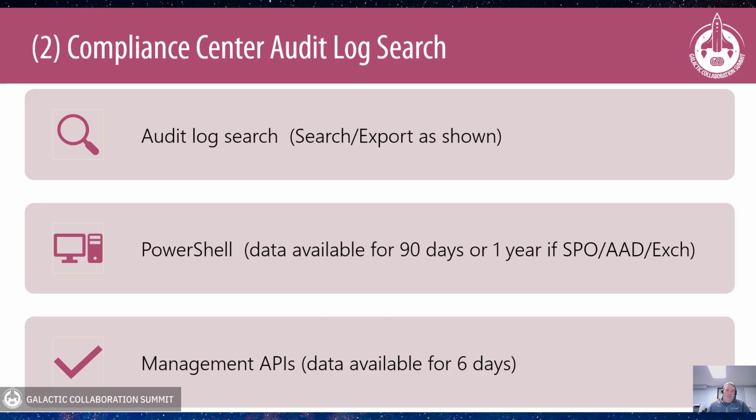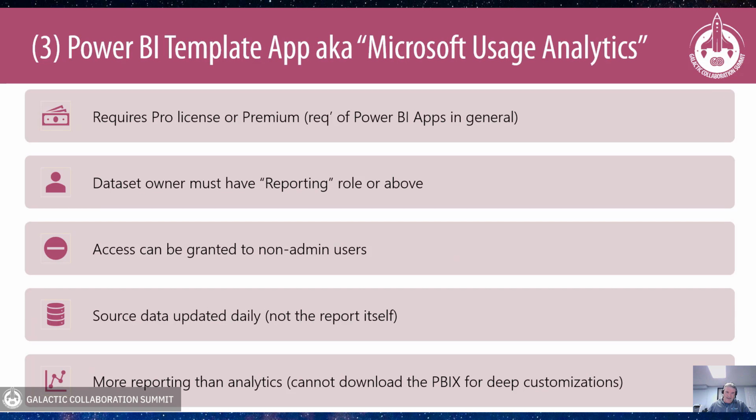So from a compliance center perspective, we have the methodologies of using that search, which is what I showed you. We can also create a PowerShell script to go and collect that data. And this will allow you to go back not just the 6 days, but back a full 90 days and pull that data out and be able to dump it into some sort of format that you can work with. And of course, the management APIs. And incidentally, that's what we use from a product perspective. tyGraph uses those management APIs to collect that audit level data. And then the next